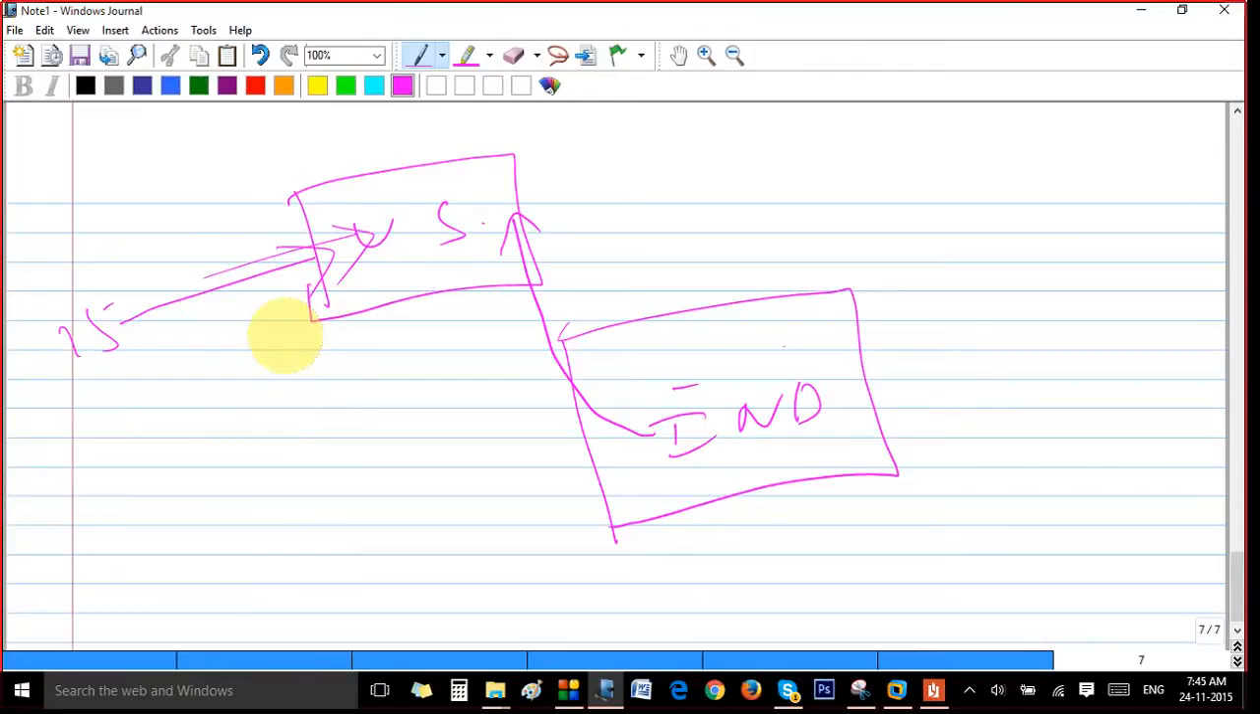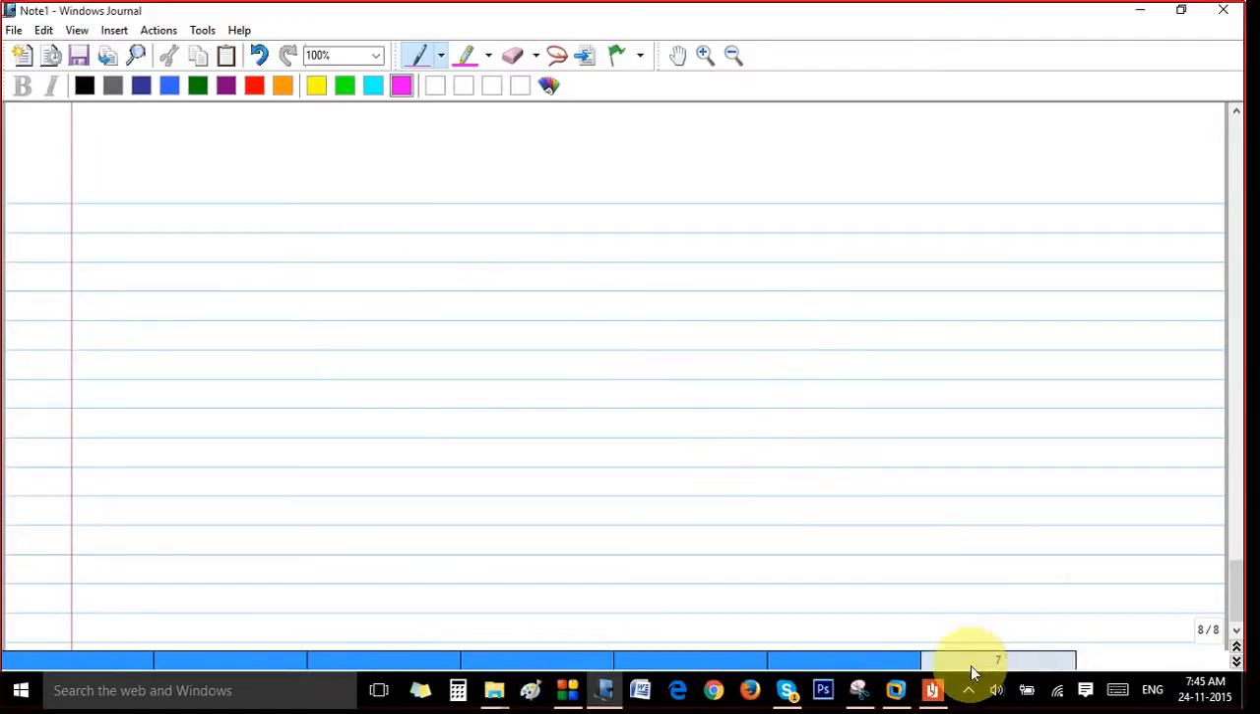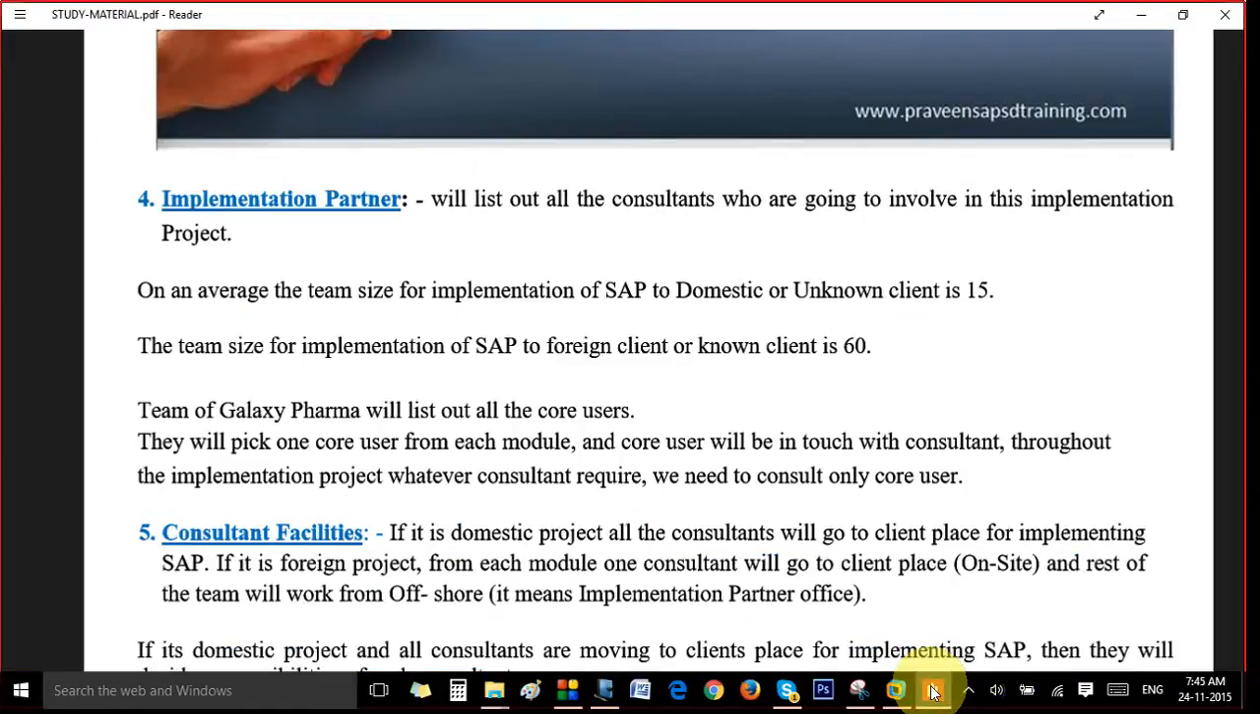Okay, and if the team is going there, the customer needs to take care of their facilities, their conveyance or their stay, all these things. So they would even be discussing these things, like who would be providing the conveyance, who would be providing the accommodation. So once they decide this, the next